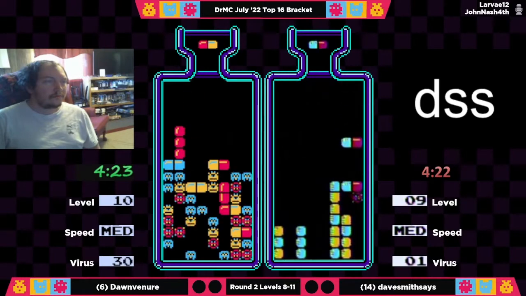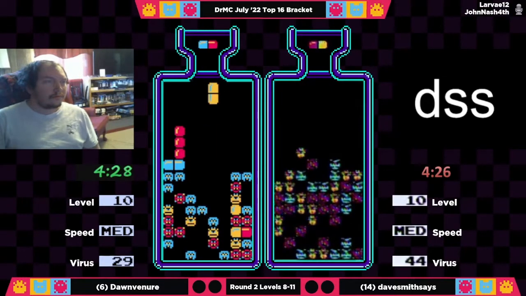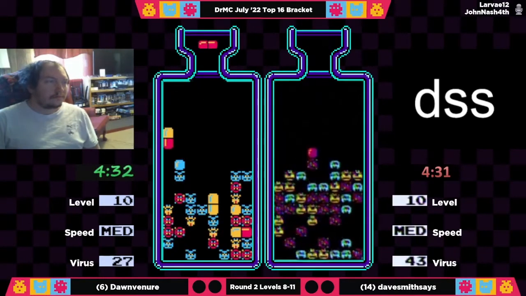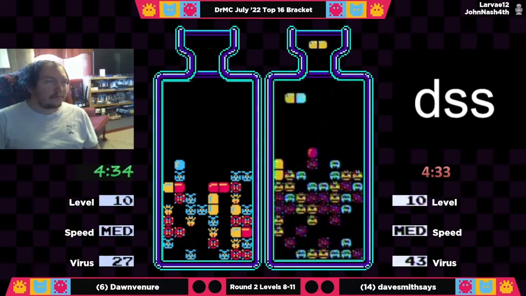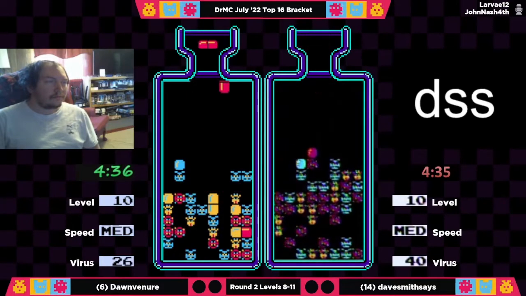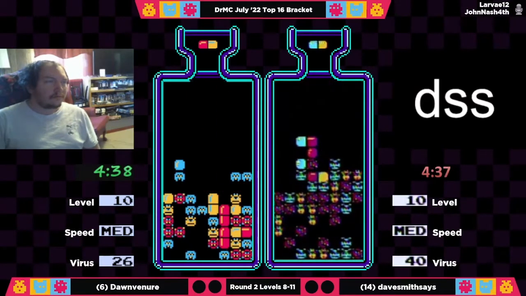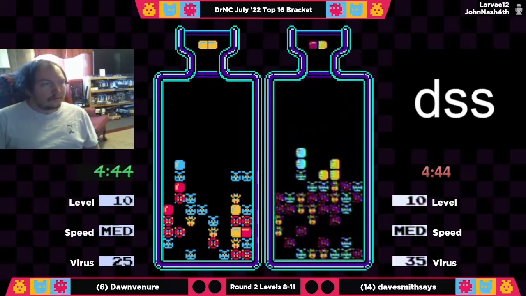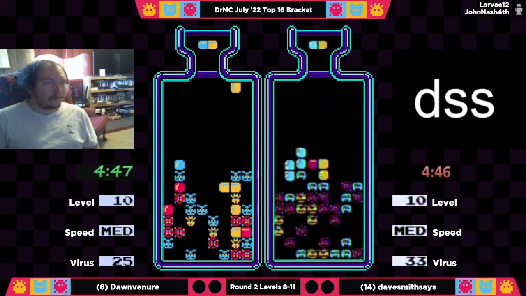Yep, drop sweet tea. Dawn is already at 29 viruses, so he's about 15 ahead of Dave right now. So Dave does have a little bit of catching up to do. Yeah, but Dawn gets a red surge right now when he needs a lot of blue. Really, that red surge didn't help too much, but to take really just the one virus on that right side,